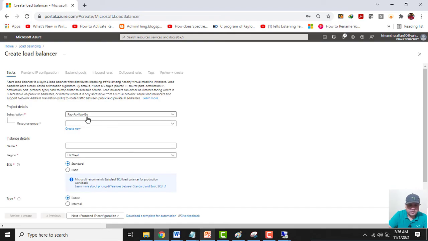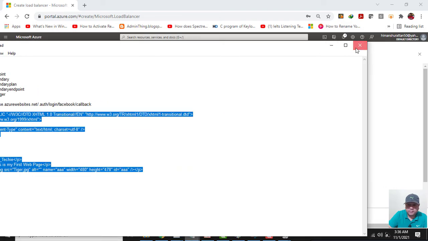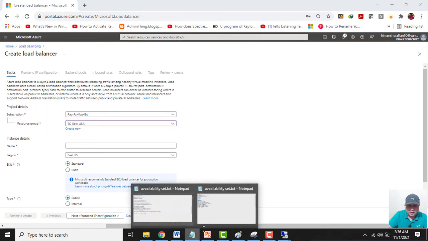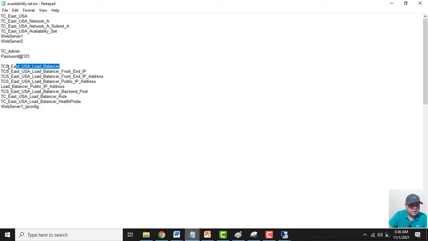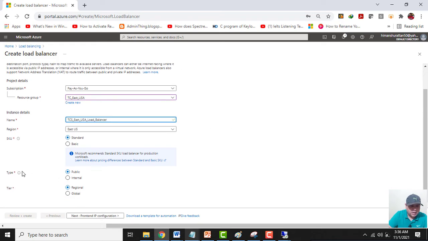Subscription, I will use pay as you go, resource group I will use TC_East_USA. Now I will give the load balancer a name, TC_East_USA_load_balancer. I am using it as a public load balancer, so I will use the option public.